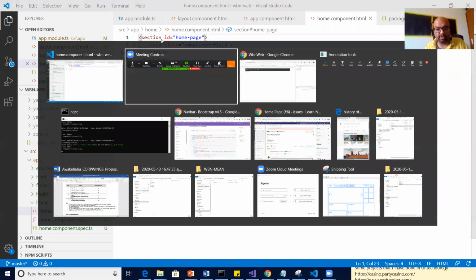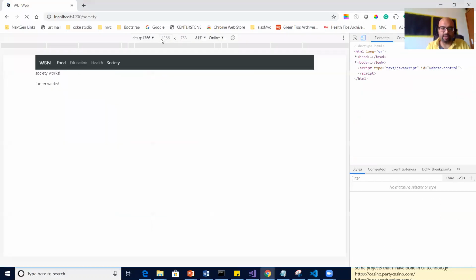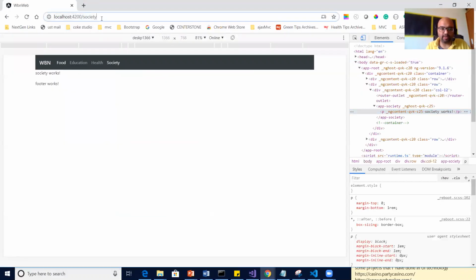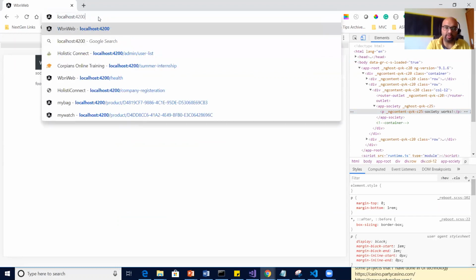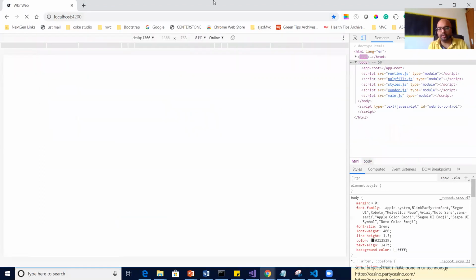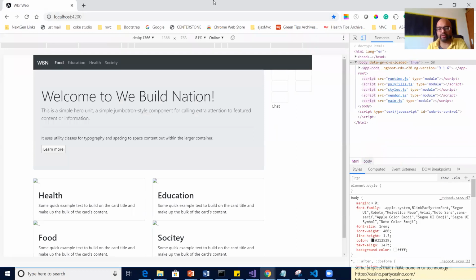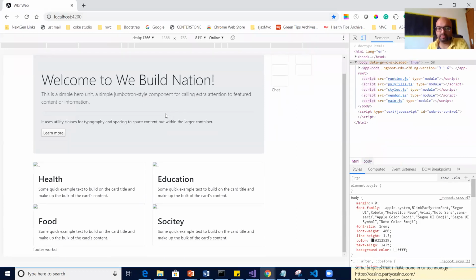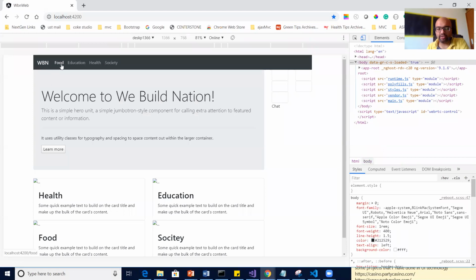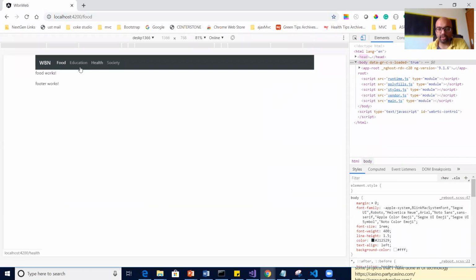And now let's see what will happen when I say my default route. When the application loads the first time, localhost 4200 or www.vbuildnation.in, enter, and your home page. Right now, when I click on education, sorry, food is coming.